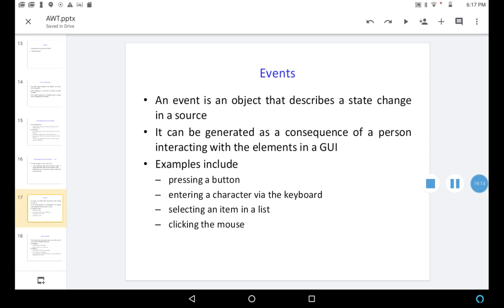If the user is selecting an item in a list, that is an event. Clicking the mouse is an event. Every time the user is interacting with the graphical user interface, that is an event.